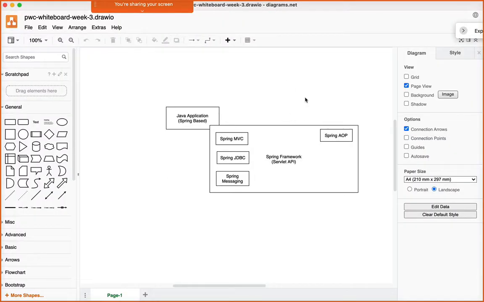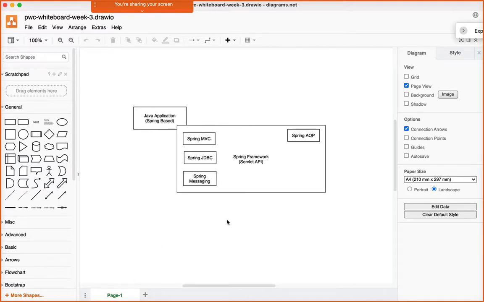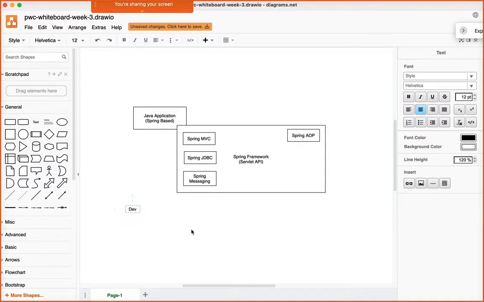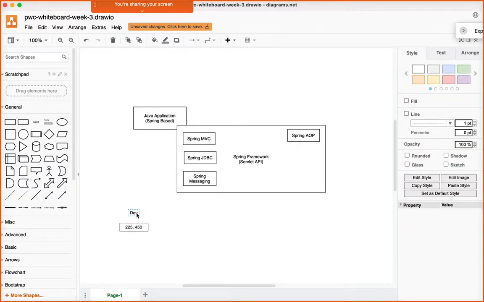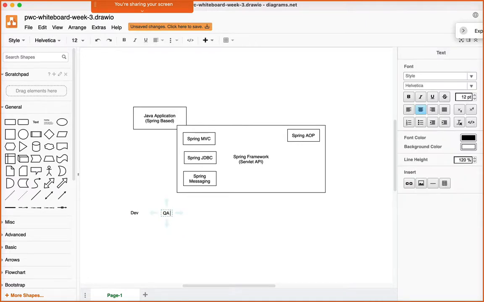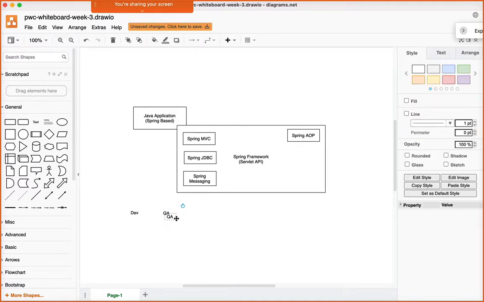So you see there are different environments that we have. We've got the dev environment, wherein all our developers are merging their code, correct, and then we deploy it on the dev server. Then you have another environment which is a QA environment, and after that we've got a staging environment, right?